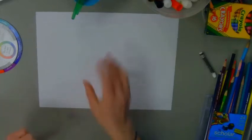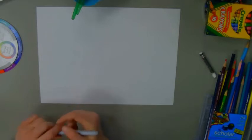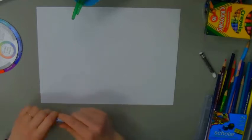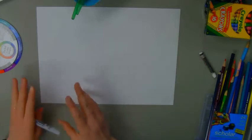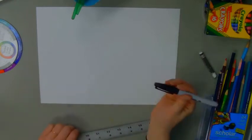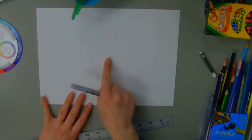Hi, boys and girls. Today we're going to be making an artwork using 1-point perspective. Perspective is when you give your viewers of your artwork a certain perspective and make it look like things are three-dimensional based on the way you draw the lines. In the case of 1-point perspective, all of our shapes will kind of vanish into 1 point in the center